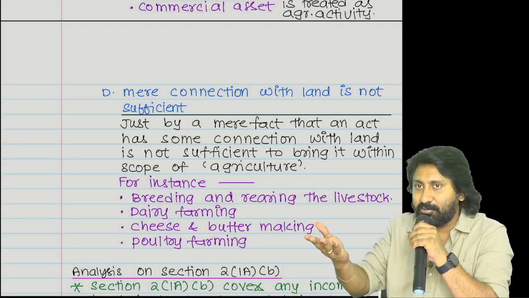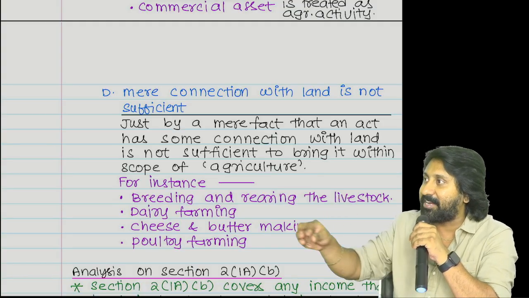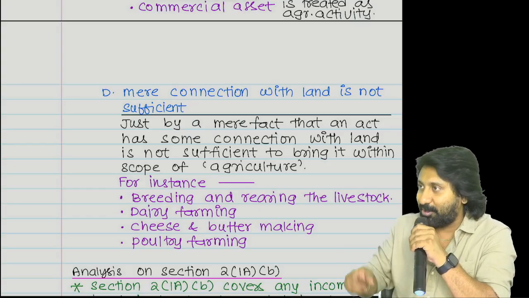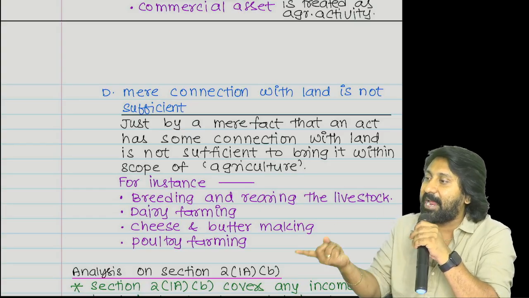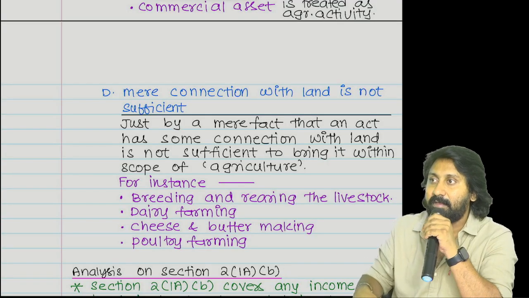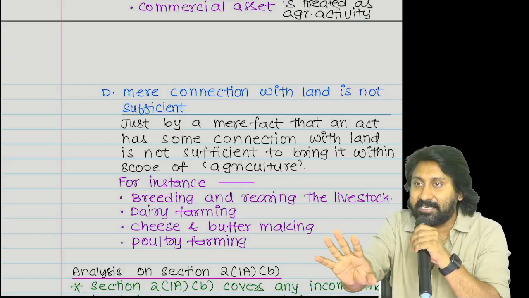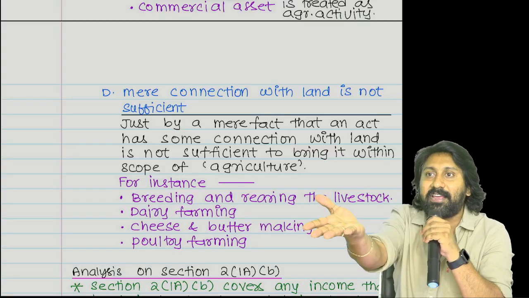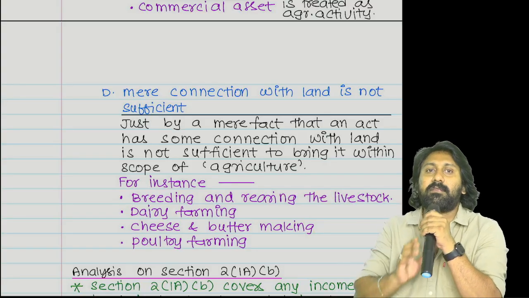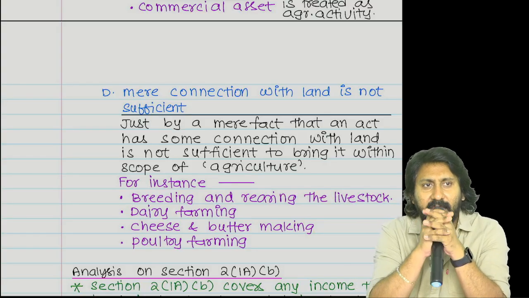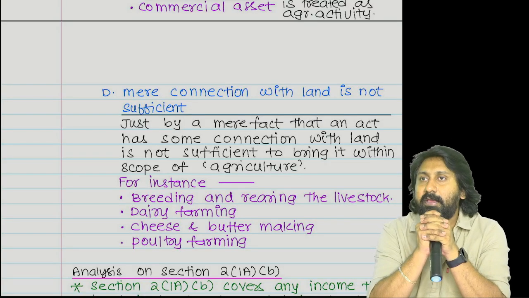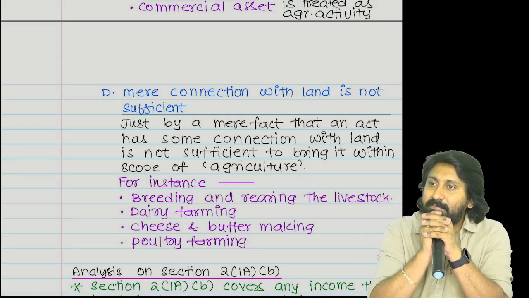I am asking a question. On which plant will fertilizers grow? Fertilizers are not grown on plants. Fertilizers are applied on plants. Agricultural income is not an income which is applied on agricultural plantations. It should be generated out of agricultural land. Understood or not, everyone? Sorry, I will ask a question. Tell me. Cow comes from? Doubt.